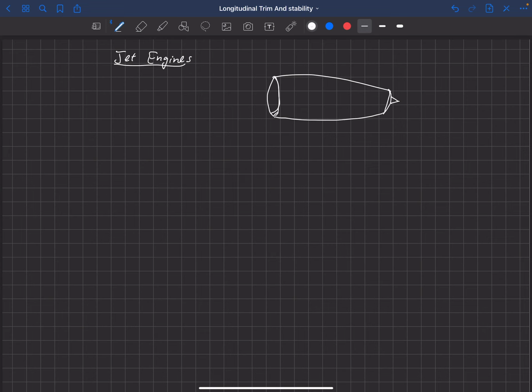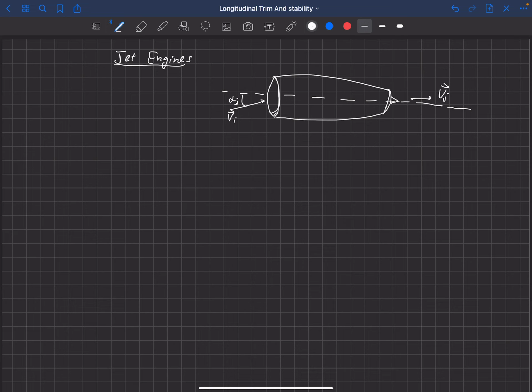We're going to use the axis of this engine. We're actually going to align it with the direction of the exhaust. So that's our axis that we're going to use. And then we're going to look at effects of the inlet velocity, which I'm going to call V sub I, at an angle of alpha sub J. That's the jet angle of attack. And then what's coming out the back here is V sub J, so a different velocity. And actually, I'm going to make these vectors, VI and VJ.